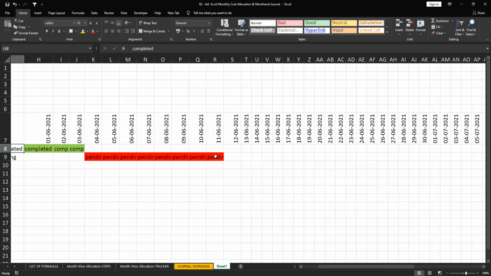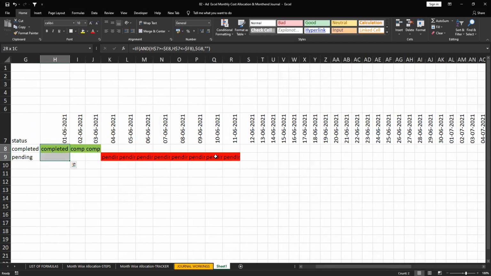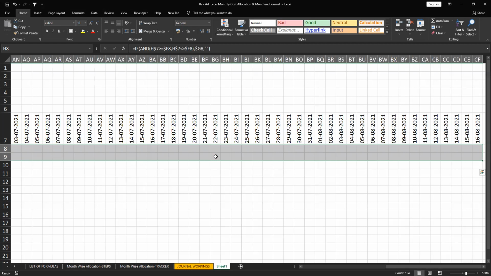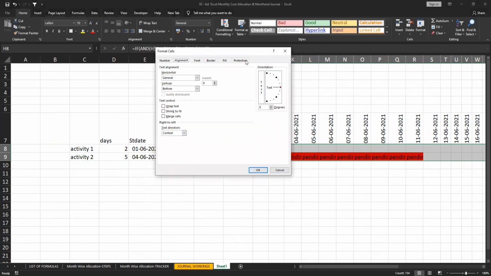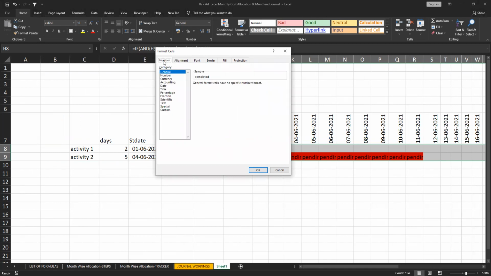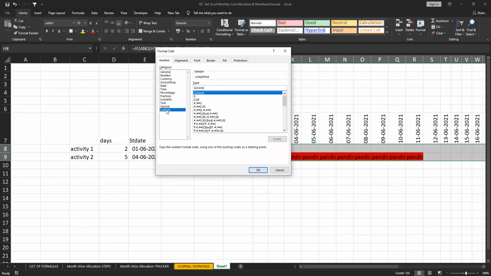Okay, this is very important. How you need to eliminate this text is, select this, then Ctrl+1, this is format cells, right? So go to number, custom here. Please carefully observe this. Go here, select custom, go here, and type 3 semicolons.